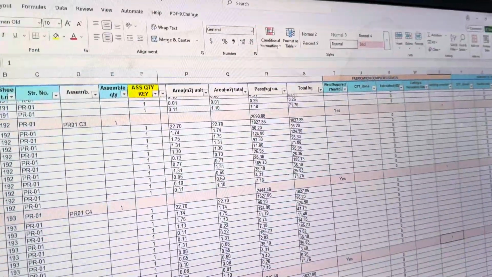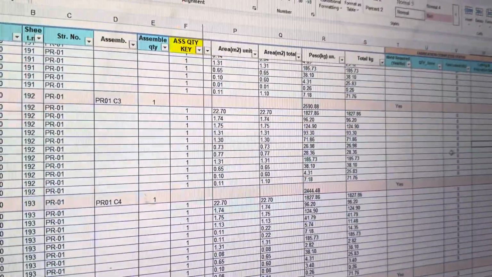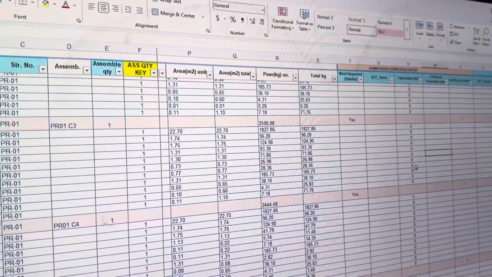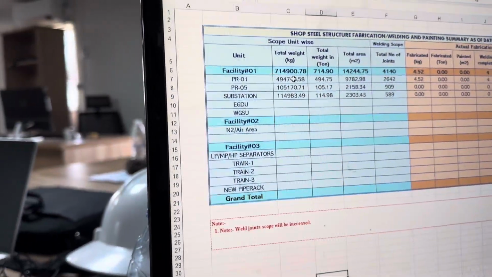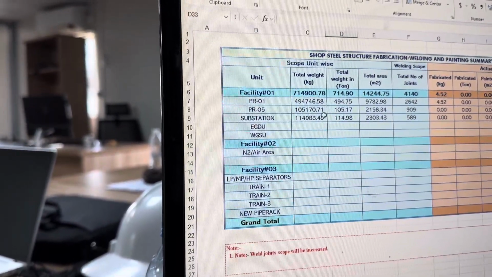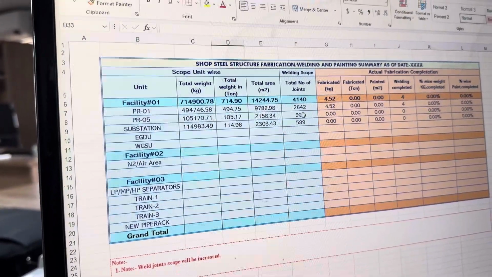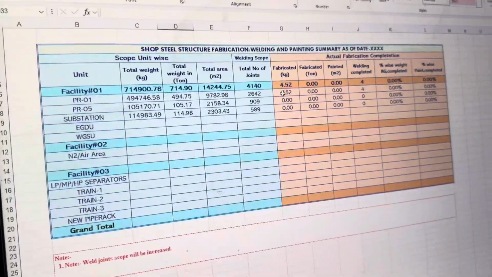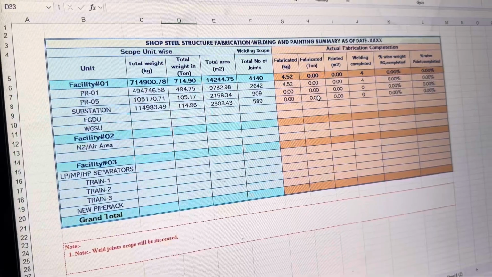So in between, if they do the cutting and welding, we are not going to report it. This is internal, just for our information, meaning this part is completed but the total is not. But once this welding is completed for the total parts, you put the number. Automatically, because in the summary we put total weight, total ton for this one. This is the kg, this is the ton. Total area in meters and total number of joints. And here the same: total kg fabricated.